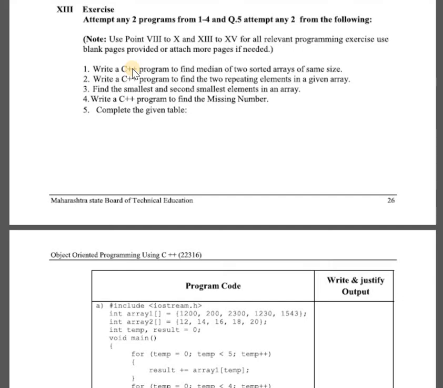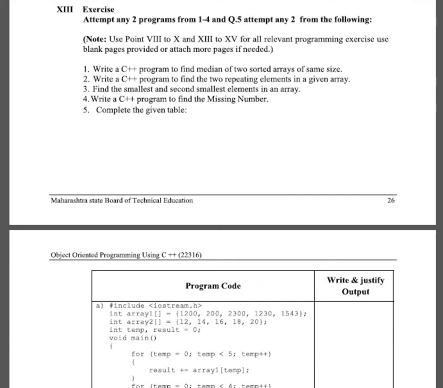After that, you want to find the middle element of that particular array, and if there are 2 middle elements, then you want to find the average of the middle 2 elements. Suppose you get 15 and 17 as middle elements, then the average of those is 15 plus 17 divided by 2, that is 16. 16 is the median of those 2 sorted arrays.